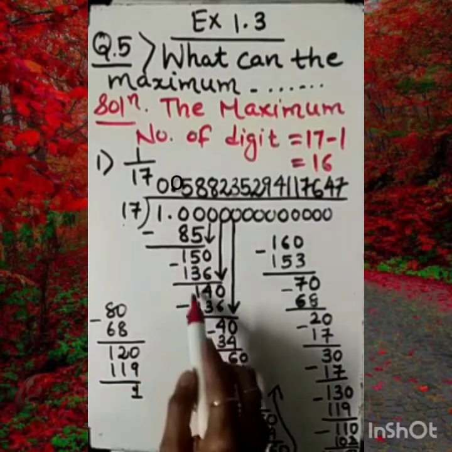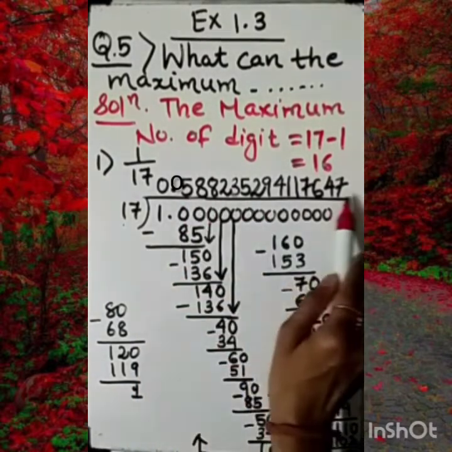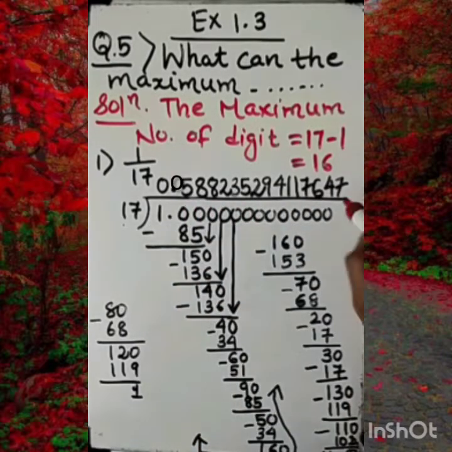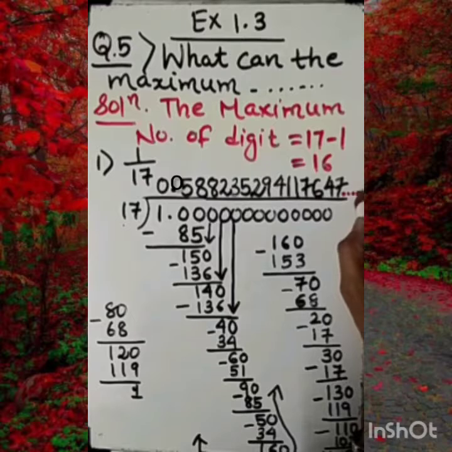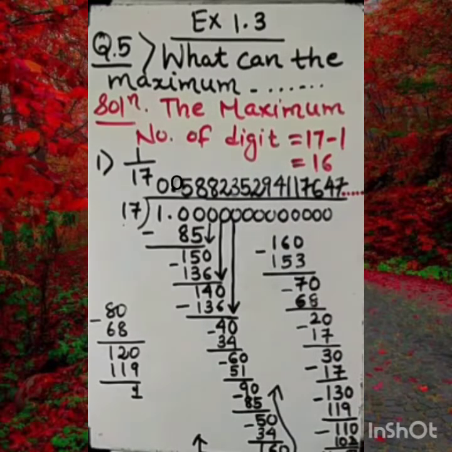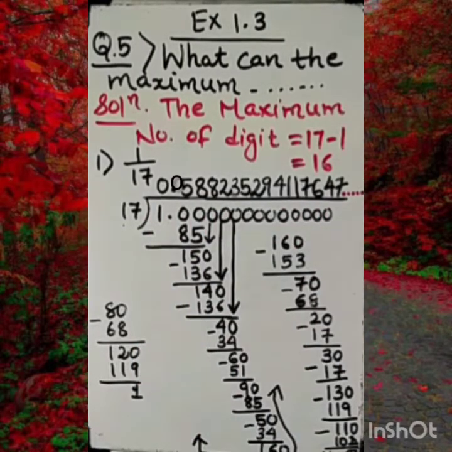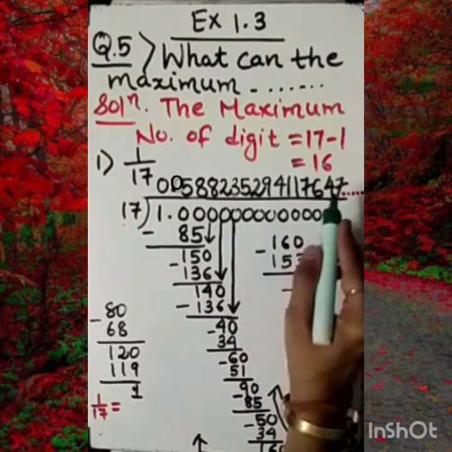So all these numbers, whatever numbers you can see on your screen, will be repeated again after these digits. So we need to put this way, dot dot dot. So finally, I should say these numbers are repeated. So I need to mention here 1 upon 17 equal to. What will be the result? So let me note down the result carefully. This, that is